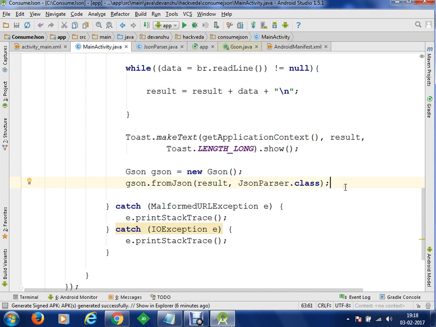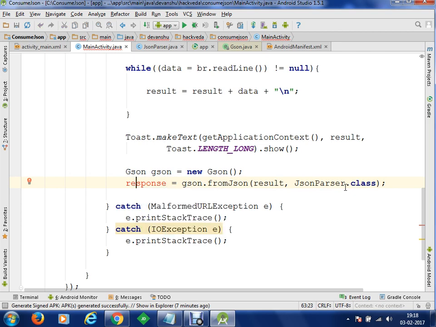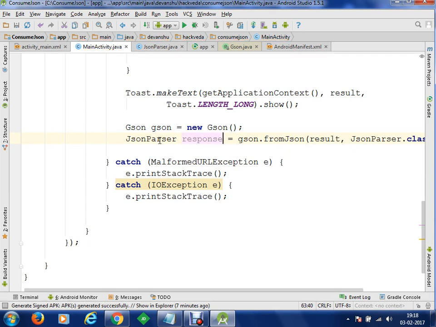What you will get is a result, or you can say the data. Let's not call it data, let's just call it response. Clear? Let's say it's our JSON response. So this response I'm going to create with the class type. I'm creating a local variable, and now you can see that a response with the class type JSON parser has been created. This type of response depends on the class which you have created for your parser.